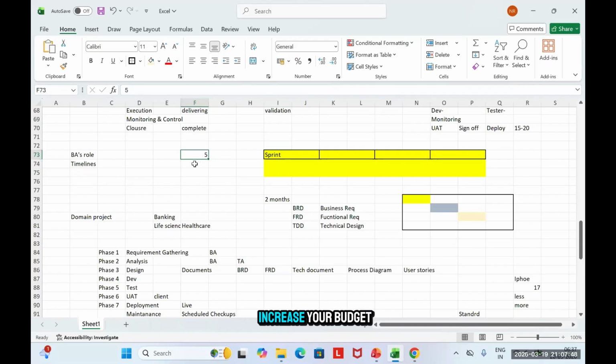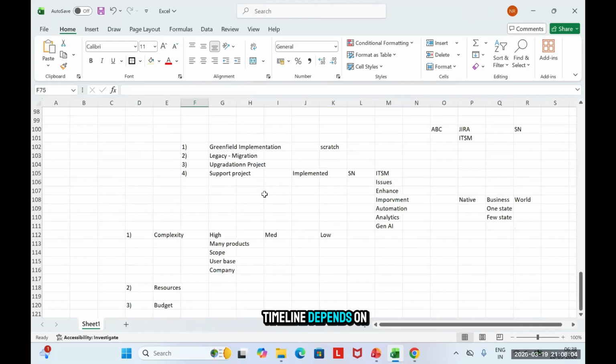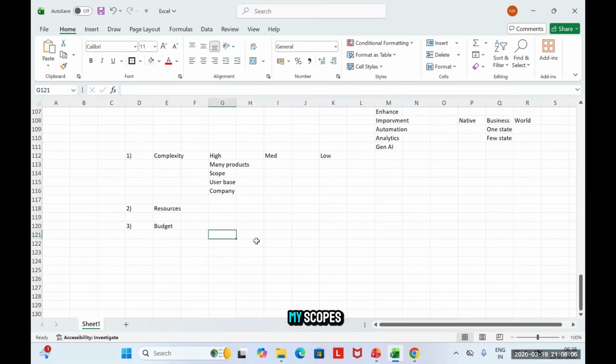But if you increase your budget and you say that you can hire experienced people as well, and I'm doing it with 10, then the timeline of this project will be reduced. But all of this timeline depends on my scope, as I mentioned in the starting.